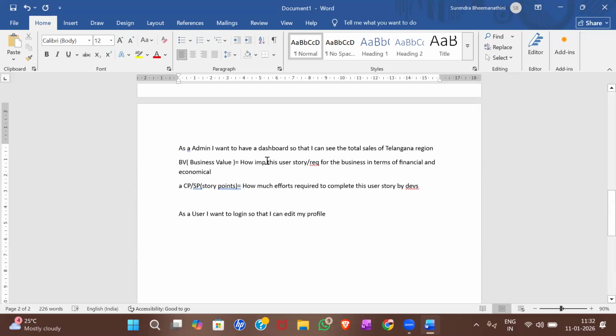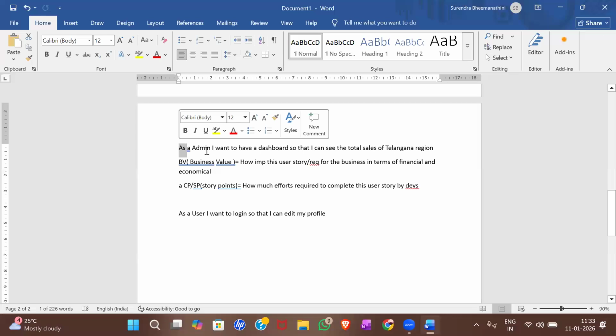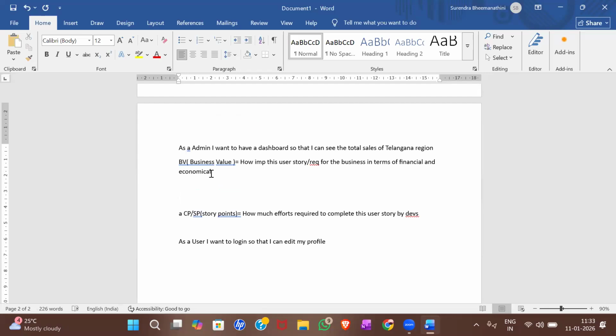Okay, so with this BV and CP, now you get somewhat of an idea, out of these 10 or hundreds of user stories, which are very important, that we need to fulfill on a priority basis. Okay, so how will these BV values look? We have a technique called the $100 technique,